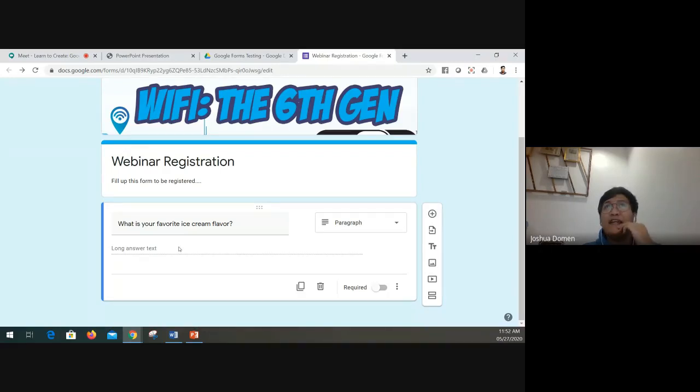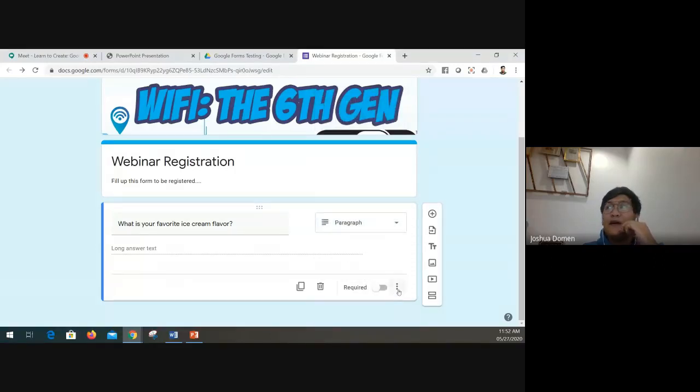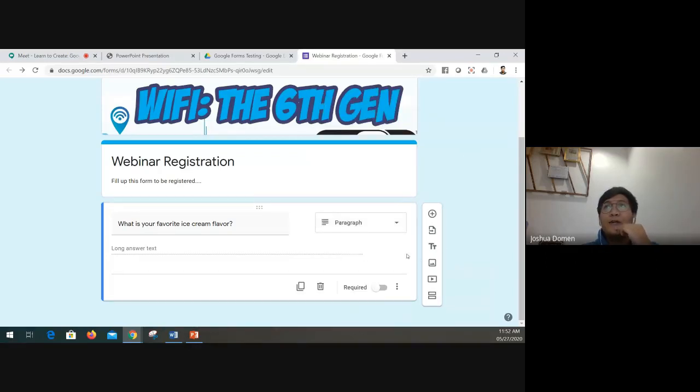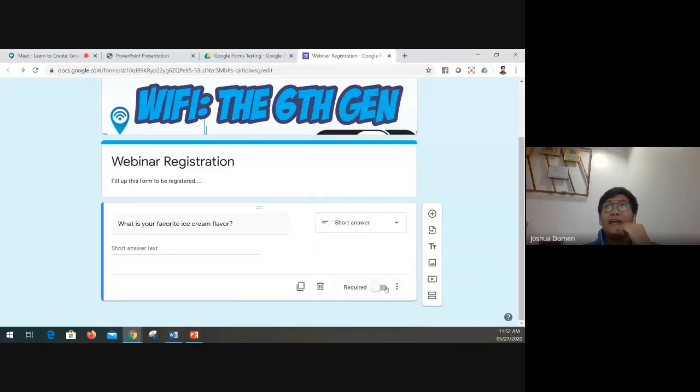Actually, walang limit. Both paragraph and short answer, walang limit to the number of text or amount of alphanumeric characters that a user must enter. But rather, it differs in terms of the response validation, which is an added feature for your paragraph and for your short answer. Now, sige ha, to differentiate it more,